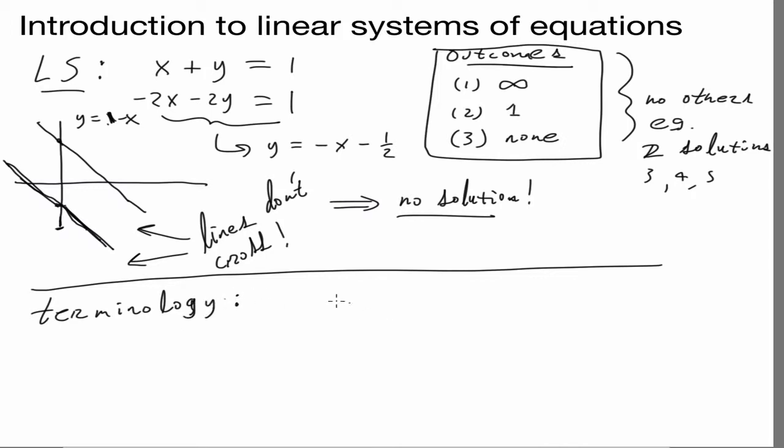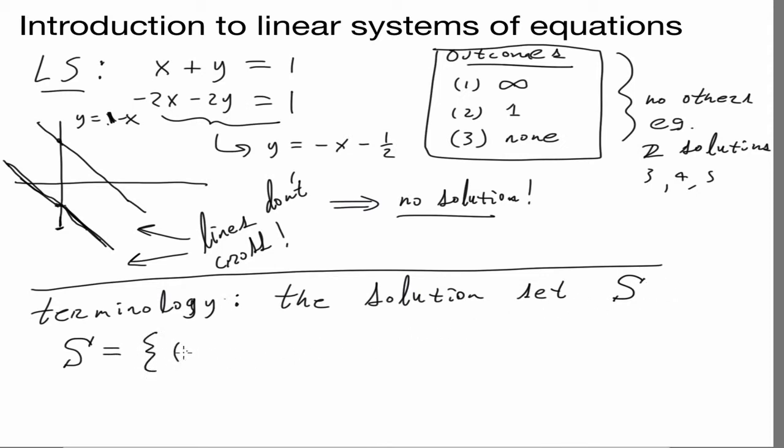The terminology I want to detail is pretty simple. We're just going to talk about now the solution set. I'm going to call it capital S. I'll put the little serifs on there. And so S is basically, we can write it as follows. S is equal to, and this is all in set notation, it's going to be x comma y, it's combinations